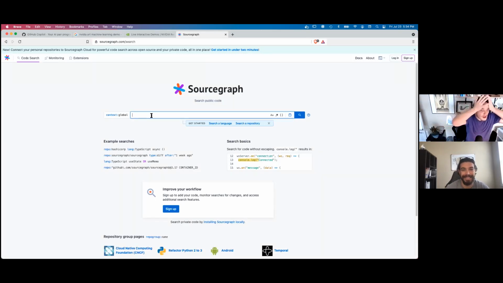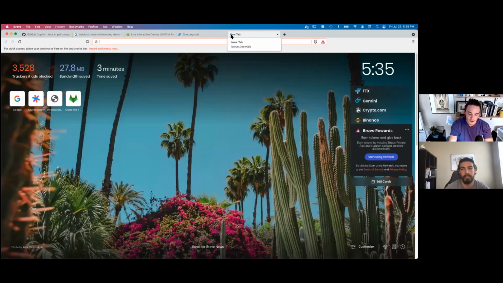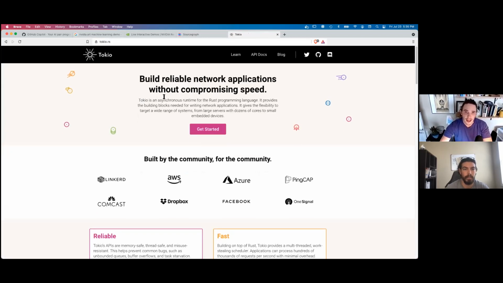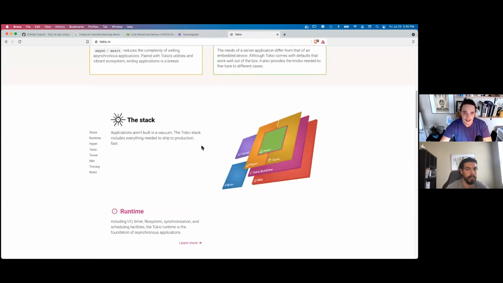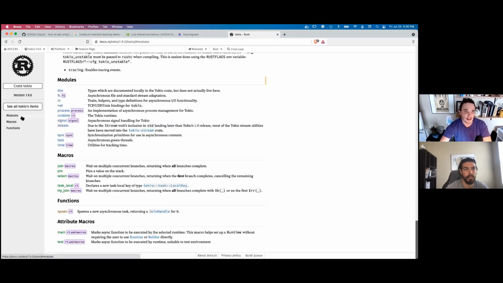But I was learning. I'm really interested in Rust these days, and I'm trying to learn Rust more. I'm trying to learn this library called Tokio in Rust, and this is about doing asynchronous things. And I can look at the API docs, and when I'm looking at some functions I might need,